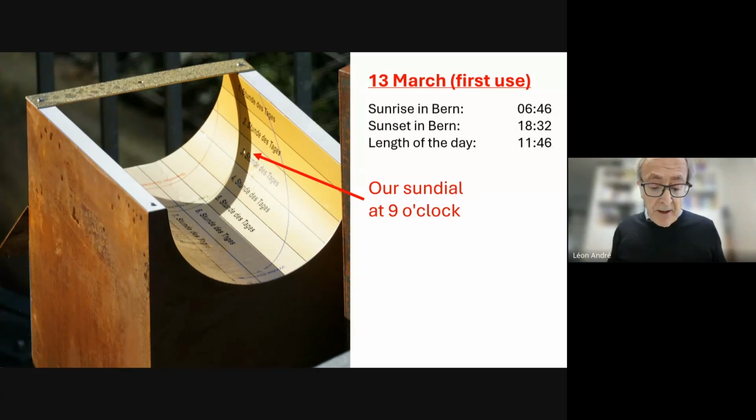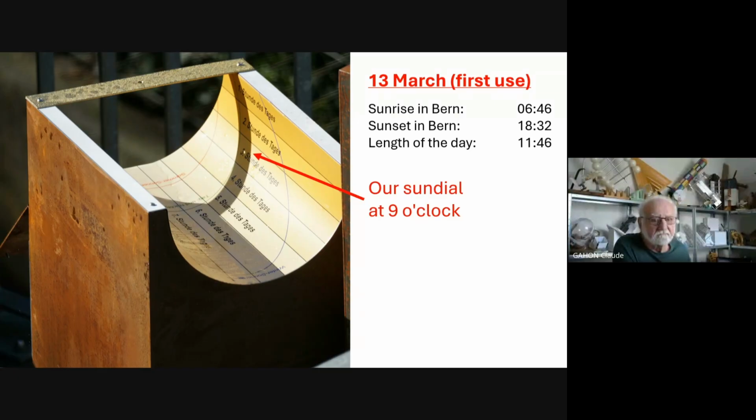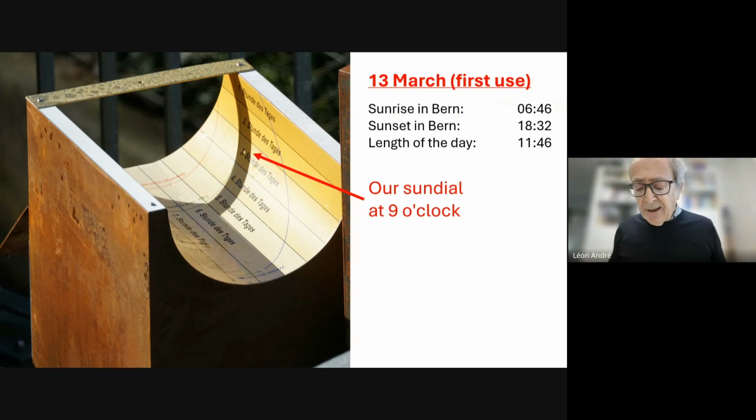Sunrise on March 13th was 6:46. As we are close to the equinox, the temporal hour is only slightly more than 1 minute shorter than the hour of today's time measurement. We can therefore count down